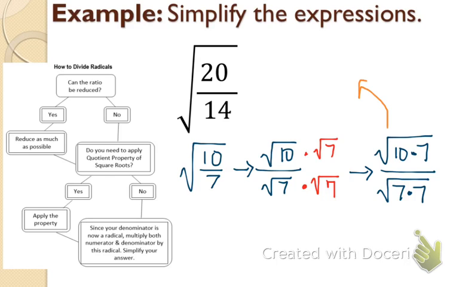So, concentrating on the numerator separately, 10 times 7. I want to factor the 10. So, 2 and 5. 7 cannot be factored, so I'm going to break it down. As you can see, none of these three factors can be paired up. So then that means that we cannot simplify 10 times 7. So I'm going to go ahead and write my answer as square root of